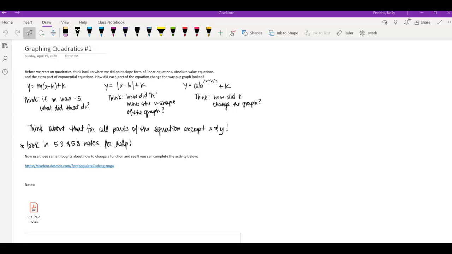All right, we're going to start one of our last topics here, and that's going to be quadratics. And today we're going to talk about graphing them only. So one of the things I want you to remember is that we've been working on graphing different functions pretty